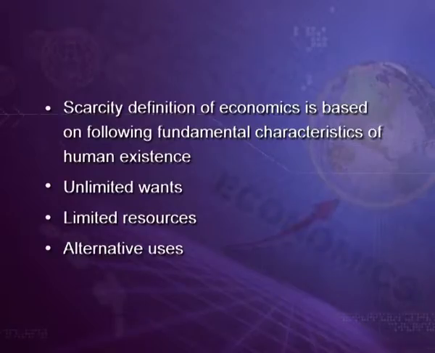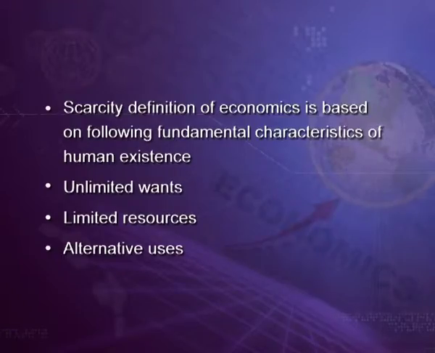The first one is unlimited wants. As the name indicates, the wants of people are increasing day by day. They are unlimited. One day we satisfy one want, and the next day a multiplicity of other wants emerge. For example, a few years back there was demand for TVs only. Later on it shifted to the demand for LCDs. Now it has again shifted towards the demand for LEDs. So that means our wants are increasing day by day.